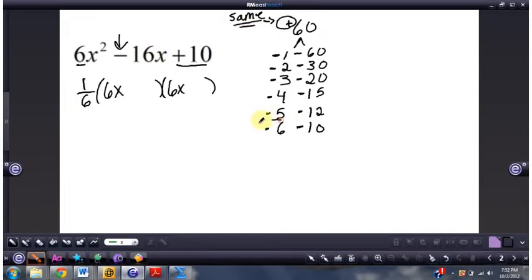Okay, and now I'm looking to see which parenthesis I can divide by 6. The answer is the first one. So I'm going to divide it out. I get x minus 1,